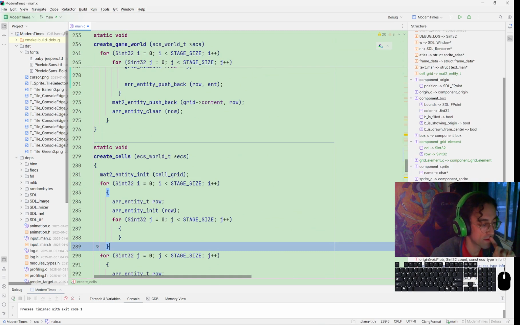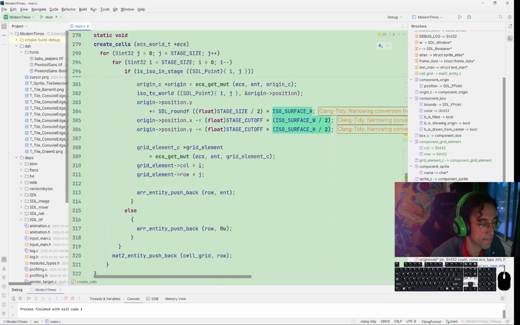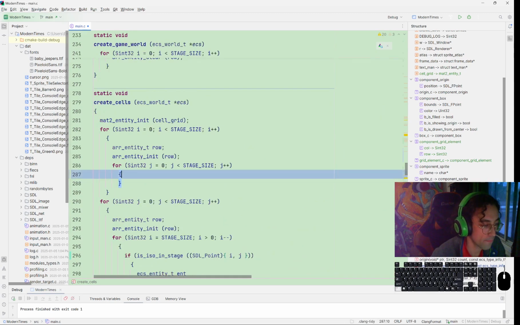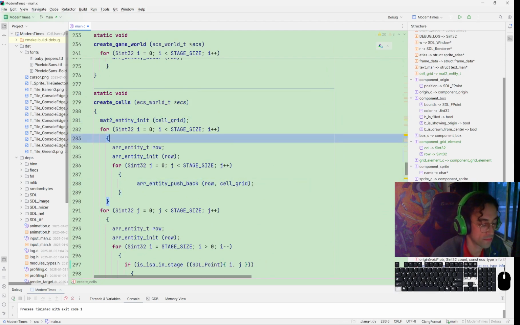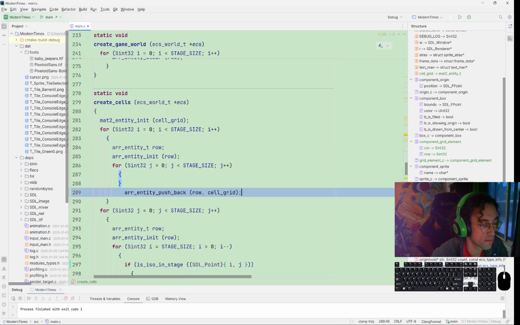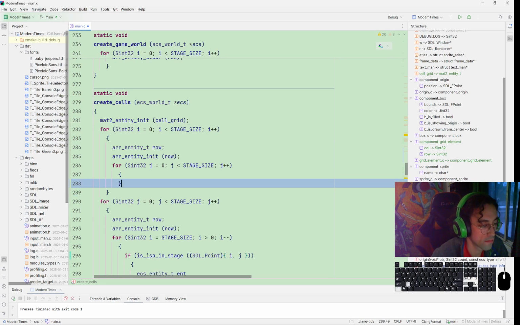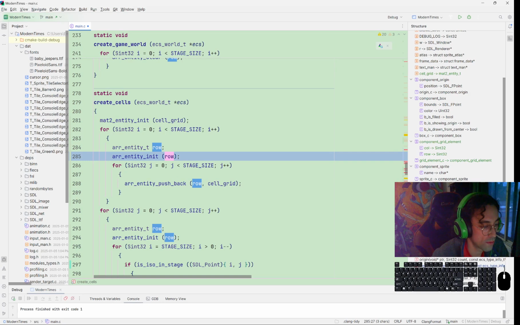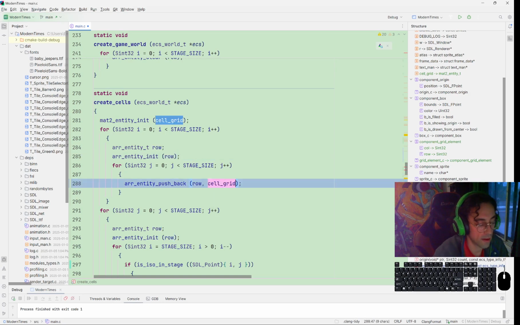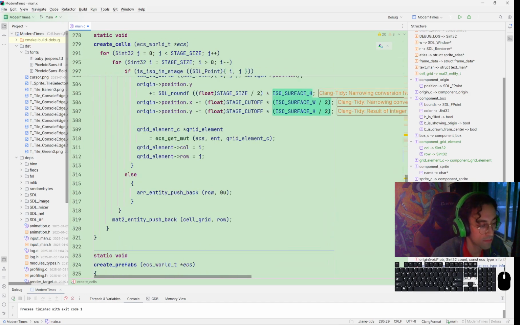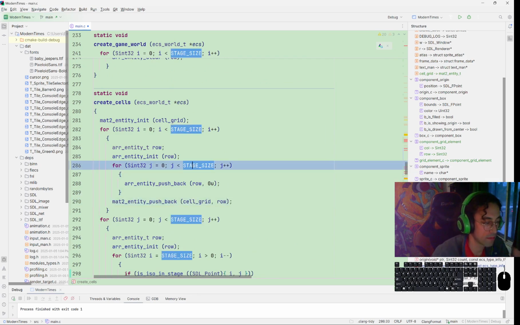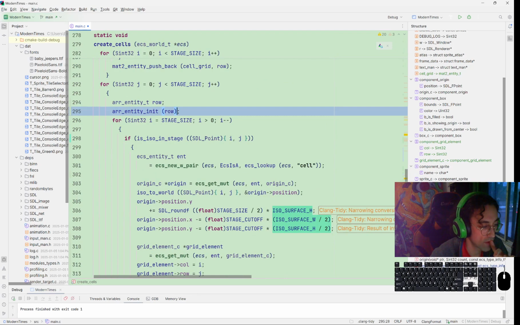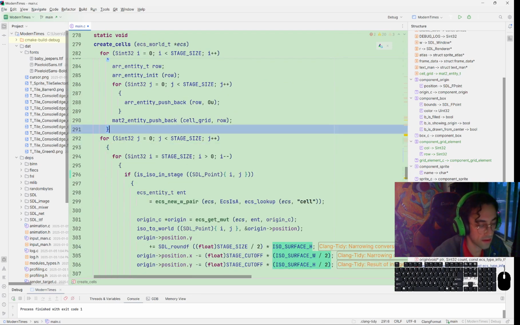So take the cell grid, no, what am I doing? Yeah, I'm gonna add 0, and then I'm gonna push into the matrix like this. And then here, instead of creating rows, since I have pre-created them,